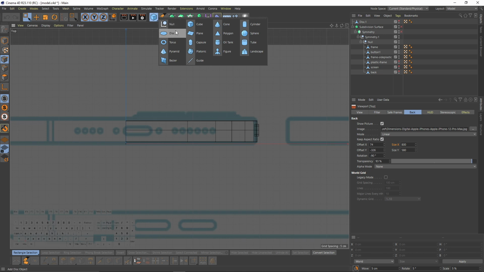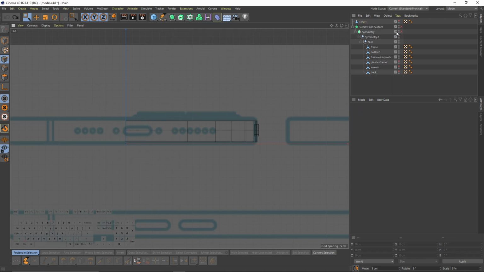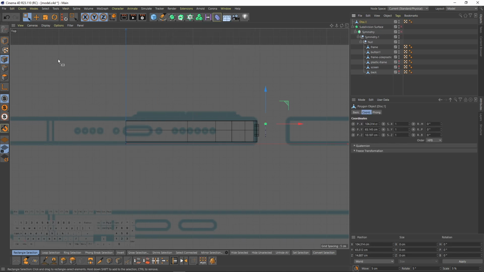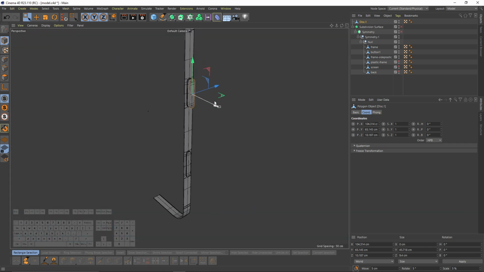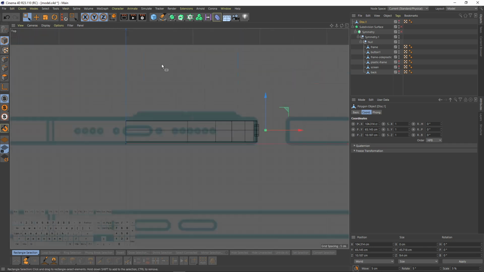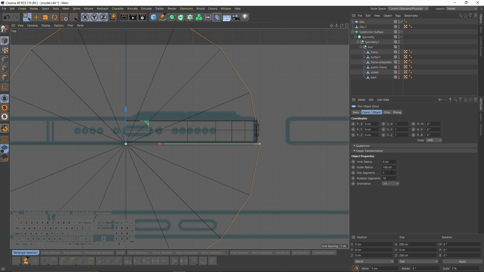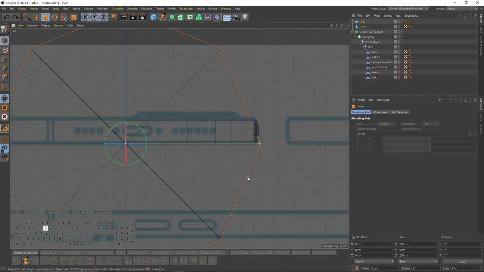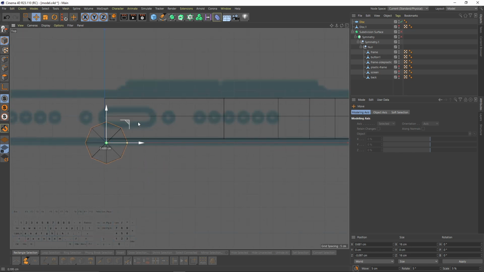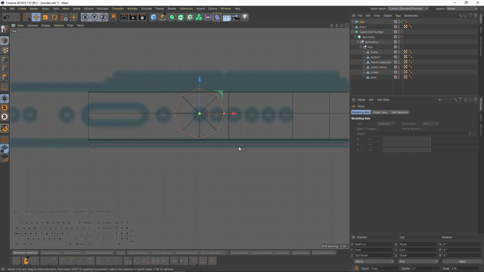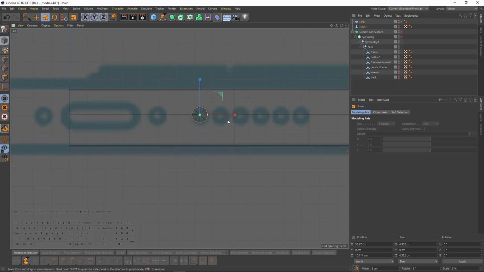Okay, now I will create a disk. Actually, we can use that one. Can we use that? No. So I will create a new one. Make the segments 8 and scale it until it fits